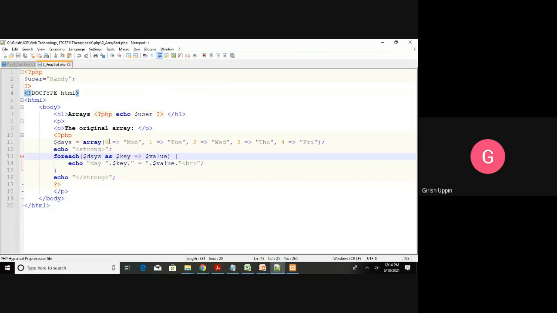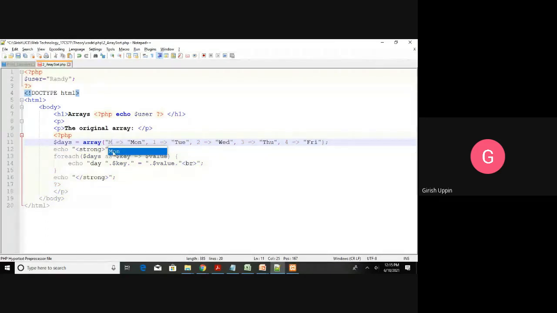If I change the key here, I'm not sure whether it will take that. Monday, and I will have figures, 40. Just I will change this one.